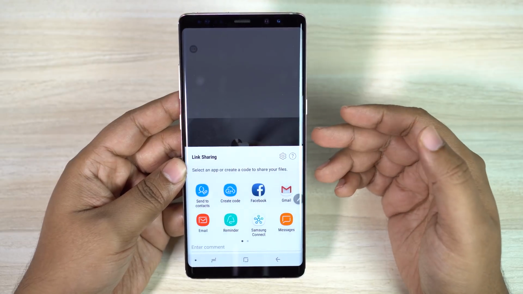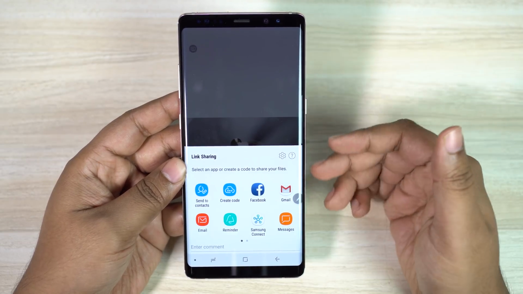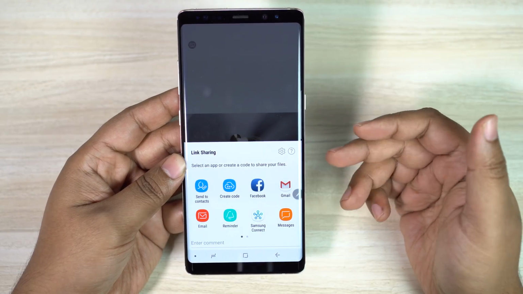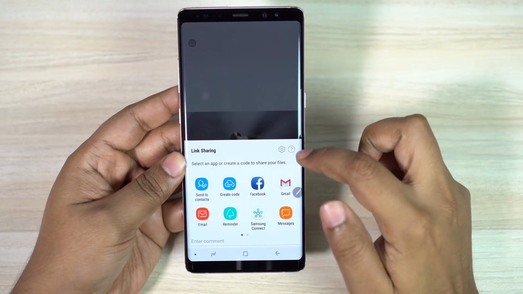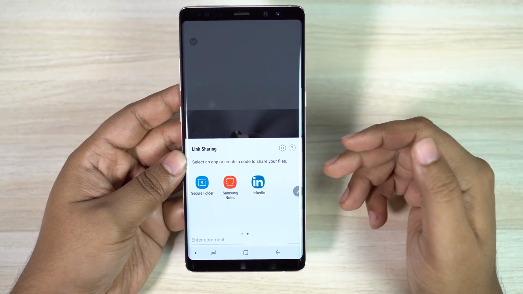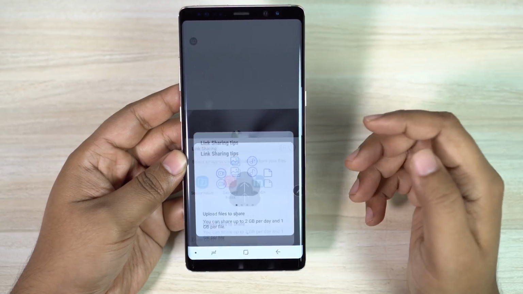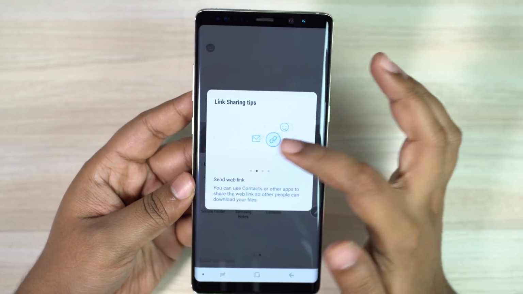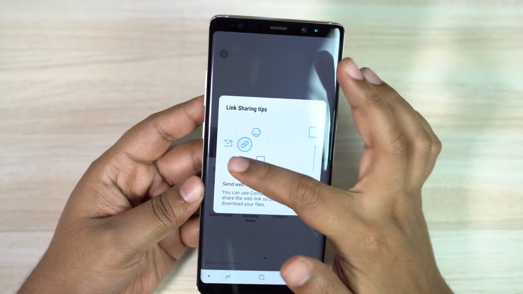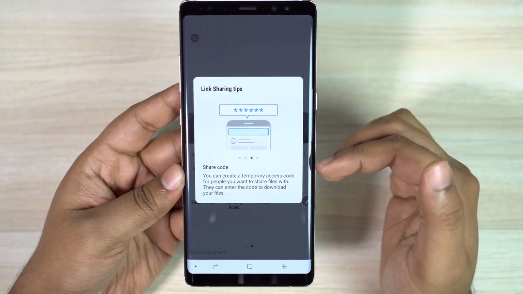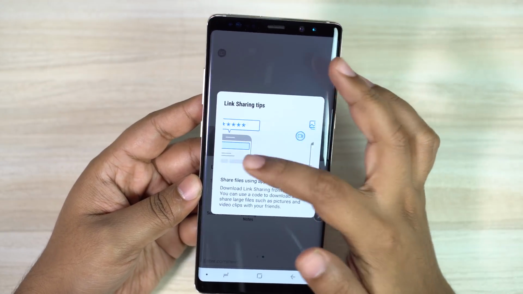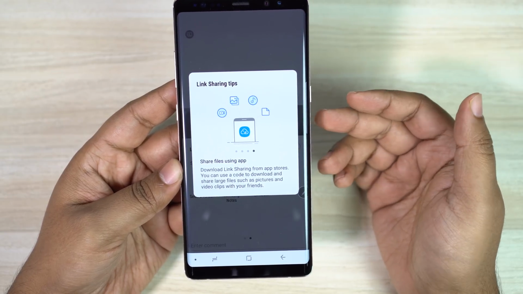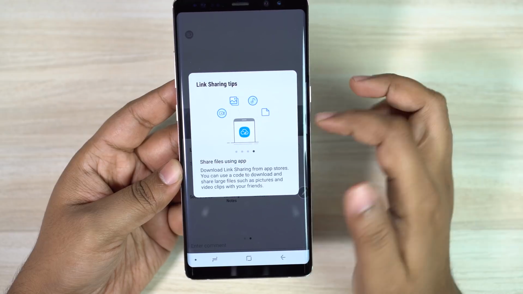Just use the link sharing to upload the media or file into the Samsung server, and a link will be provided to you, which you can share with your friends using a simple text message. You can also share the link on social media and anybody with the link can check your video or audio file or your document. To prevent misuse, you can also create a temporary access code for people you want to share the file with, and one thing you need to remember, the file will be deleted from the Samsung server